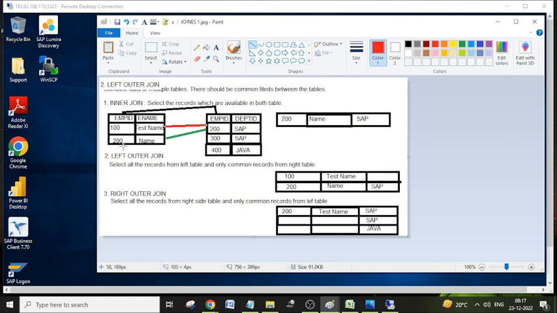So that employee ID value should be available in both tables. Here we have only 200 available in both tables. That's why only one record is selected when you use inner join. But in my case,